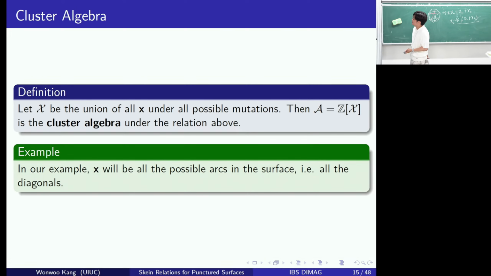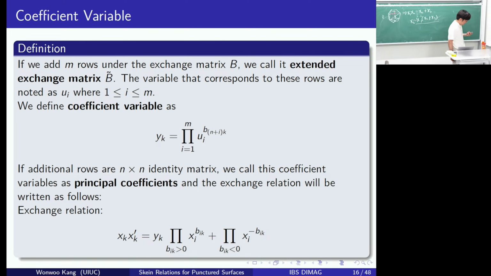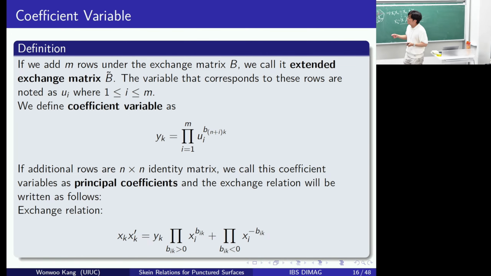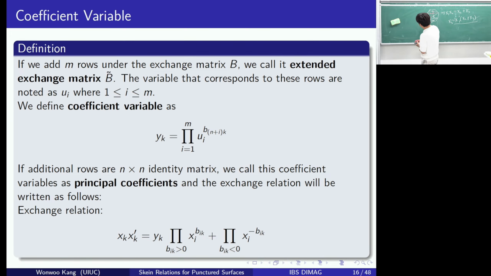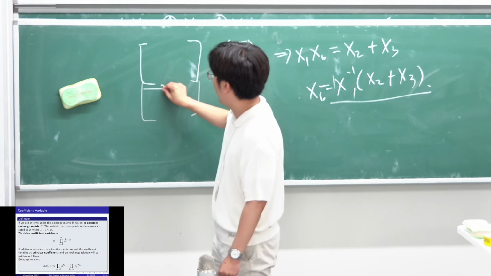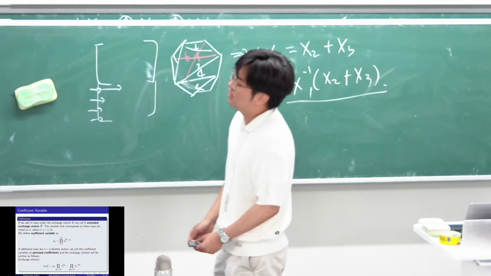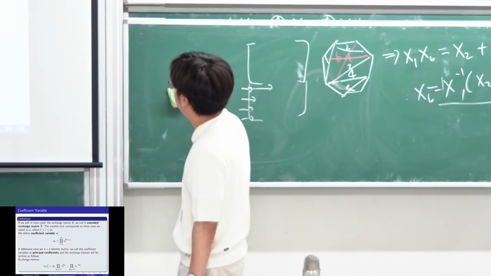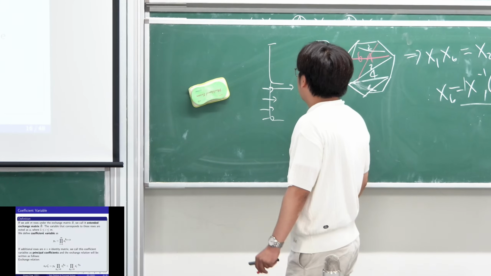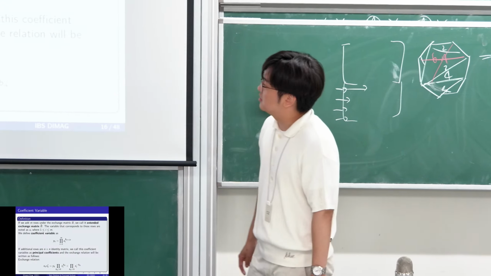Okay. But we don't want to stop here because mathematicians love to generalize. The exchange matrix that we stated is always going to be a square matrix. But another question they derived was, what happens if we add more rows? We call it the extended exchange matrix, and since all the exchange relations depend only on the columns, it doesn't really hurt the exchange relation itself. And